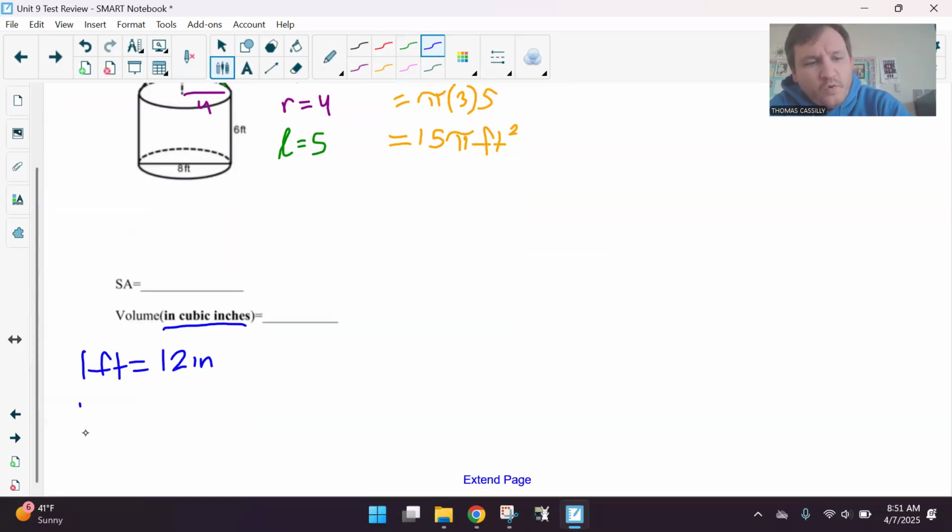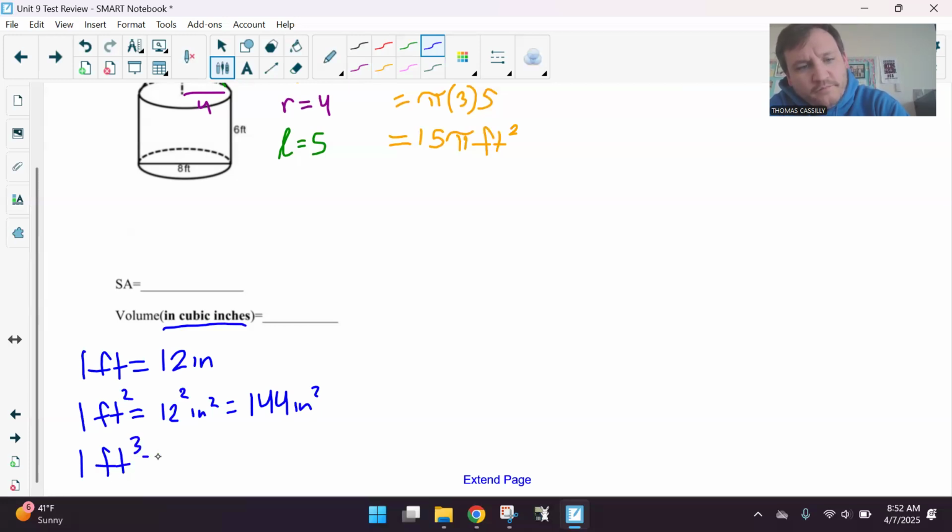I also know 1 square foot equals 12 squared square inches, or 144 square inches. And just extending on that, I know 1 cubic foot equals 12 cubed cubic inches,